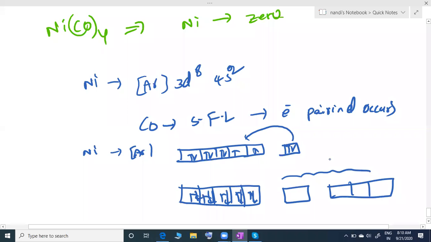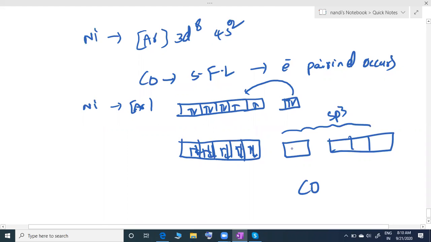Now it undergoes hybridization, that is sp3. Now CO donates electrons here. Now can we see any unpaired electrons here? No unpaired electrons. After bond formation there are no unpaired electrons, because the 4s electrons enter the 3d orbital and fill it completely. After bond formation, if you observe any unpaired electron, it is paramagnetic. Here there are no unpaired electrons, so it is diamagnetic. And here only outer orbitals are forming bonds, so we can say this is an outer orbital complex. Clear?